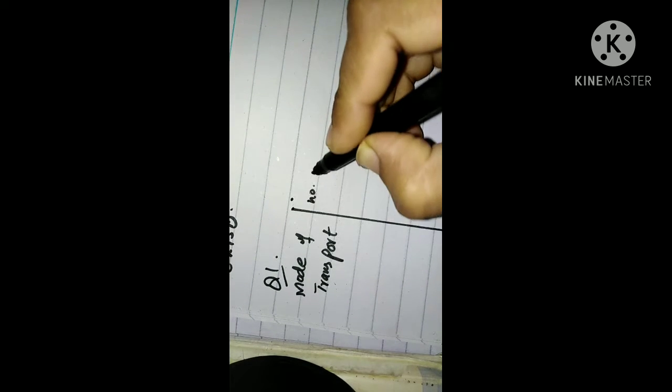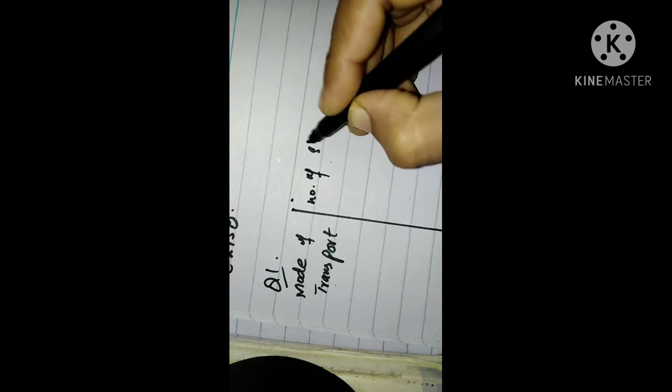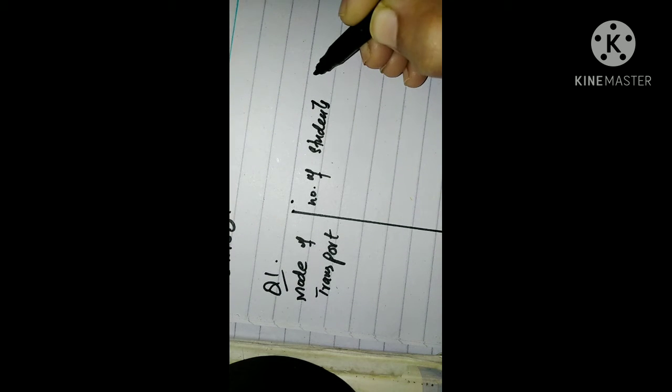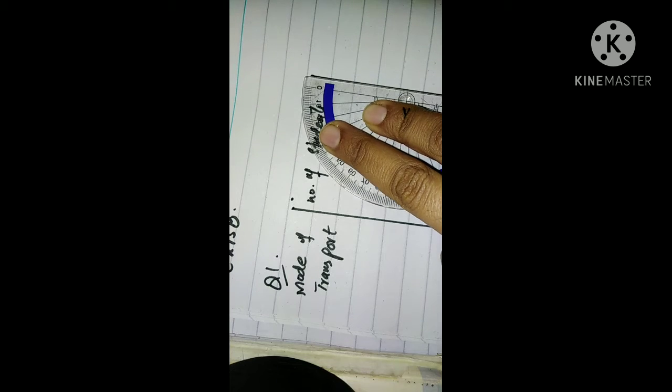Then you will write down the number of students, and then you will write down the angle of sector. First write down the mode of transport, which is bus,